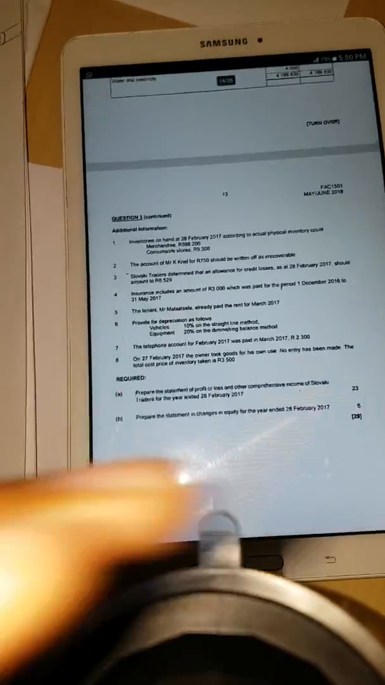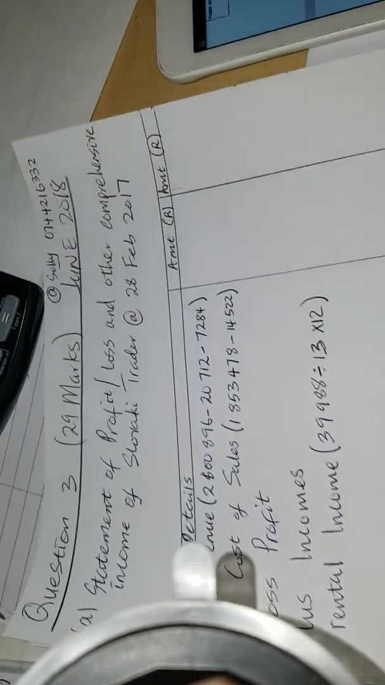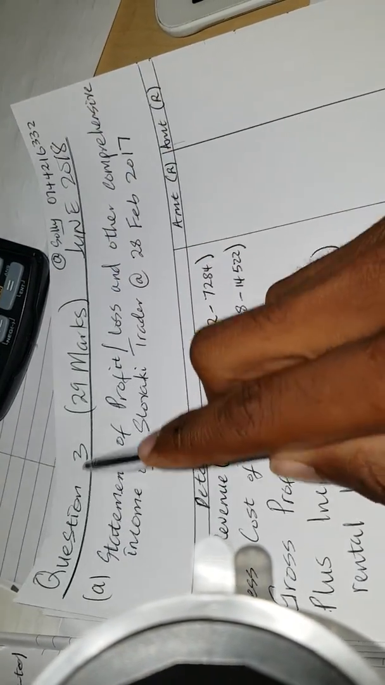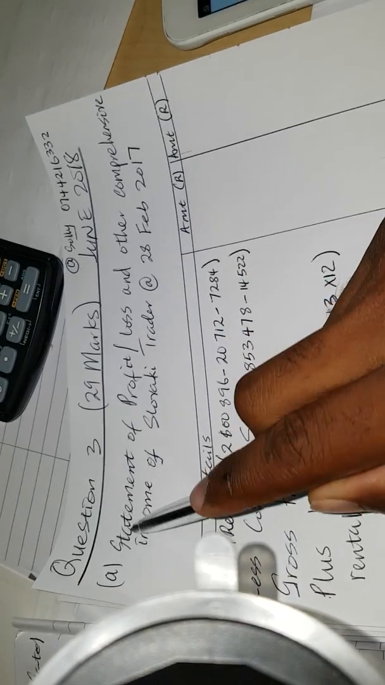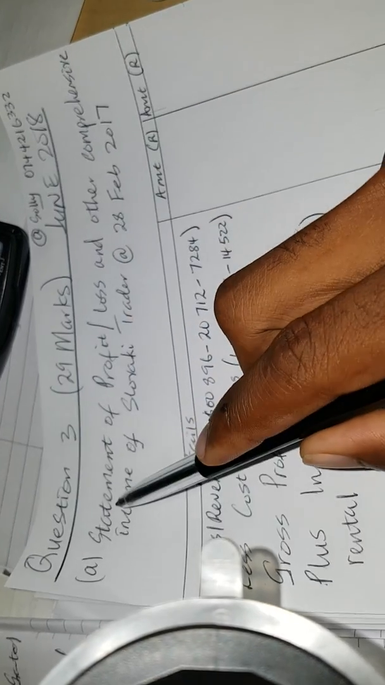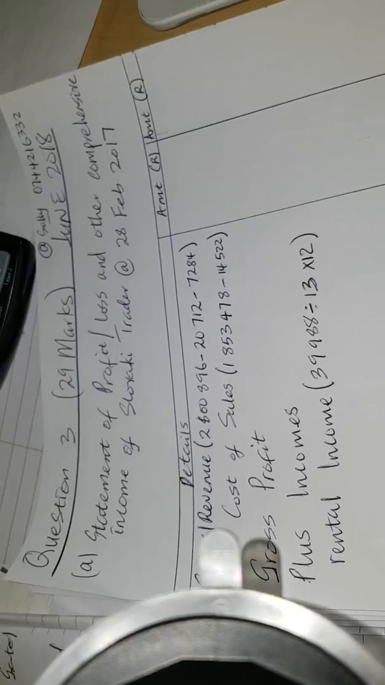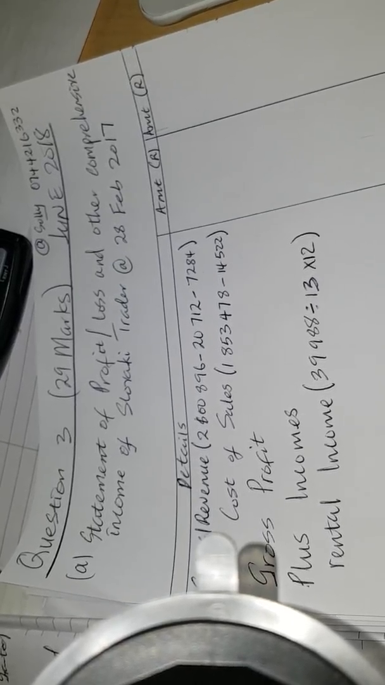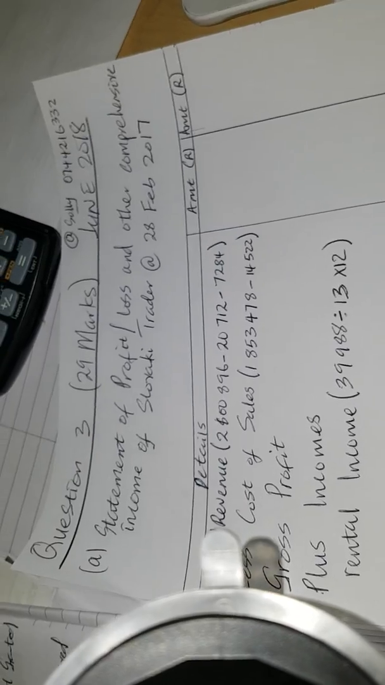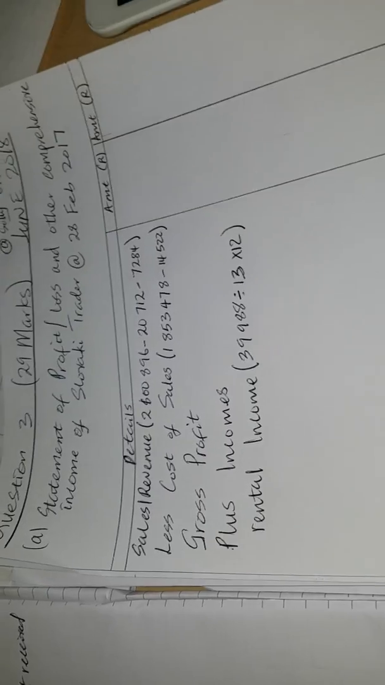Okay, so let's get started. So this is what you do whenever you're preparing the statement of profit and loss. Okay, question number 3 A, please write the heading, or we call it the title, statement of profit or loss and other comprehensive income of Slovakia Traders at 28 February 2017. Okay, now